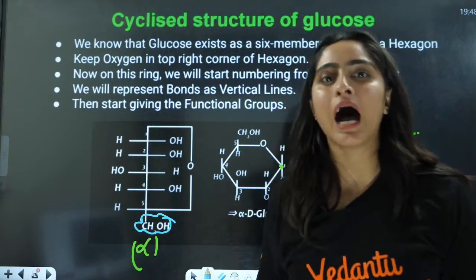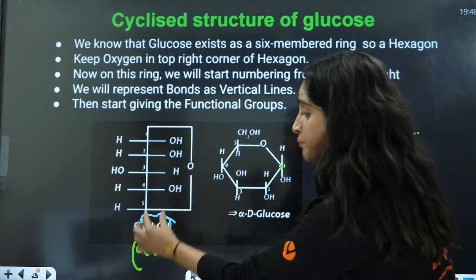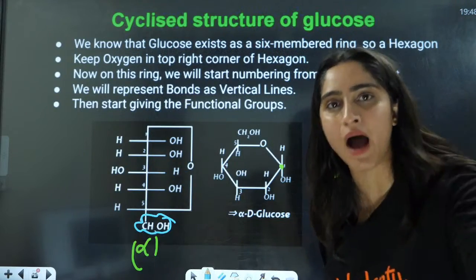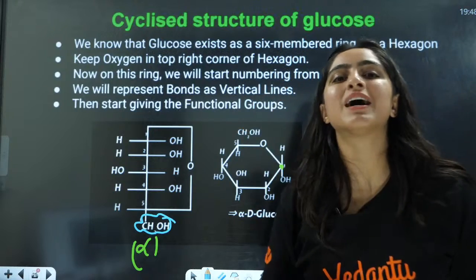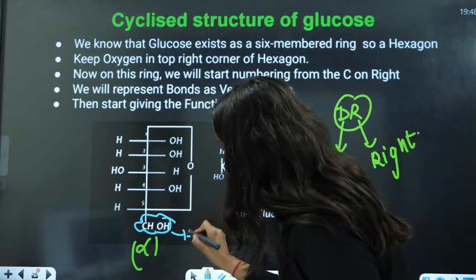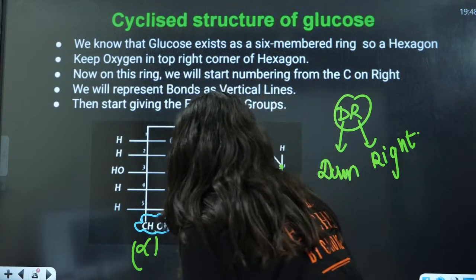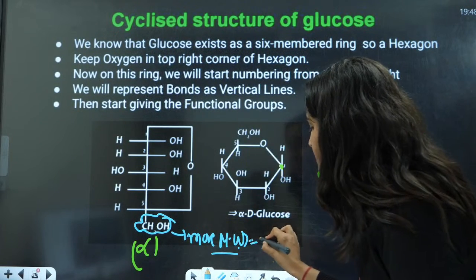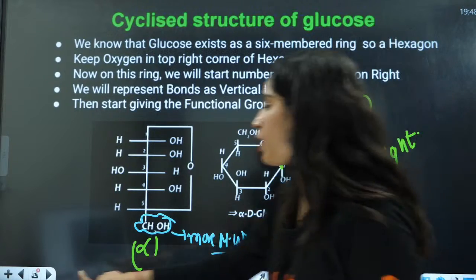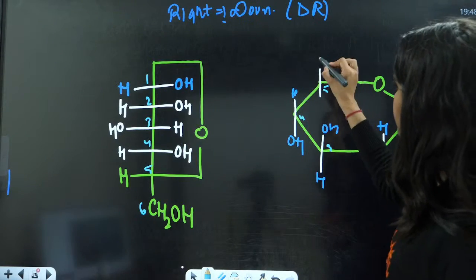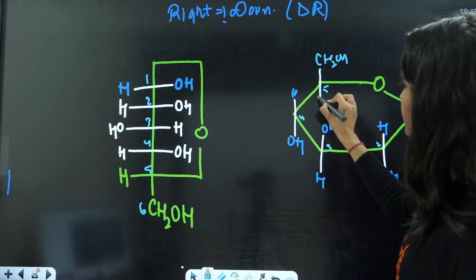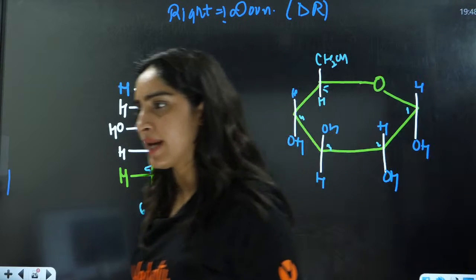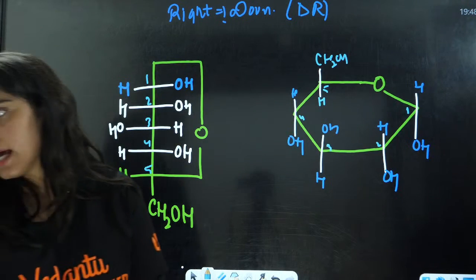on the terminal carbon, what you will do is that the one with higher molecular mass will be on the upper side. So this, with more molecular weight, is on the upside here. This is CH2OH and this is your hydrogen here. Very simple to convert this.